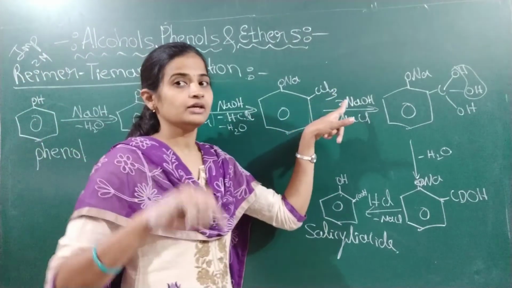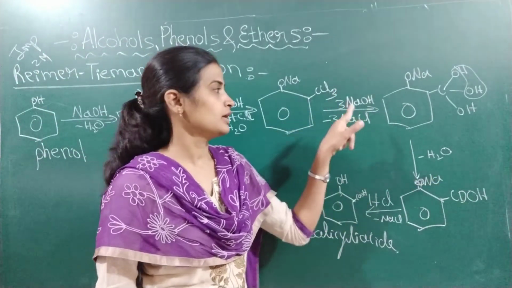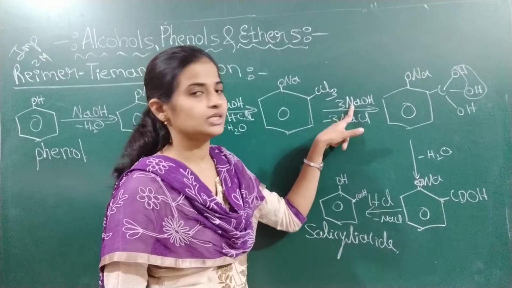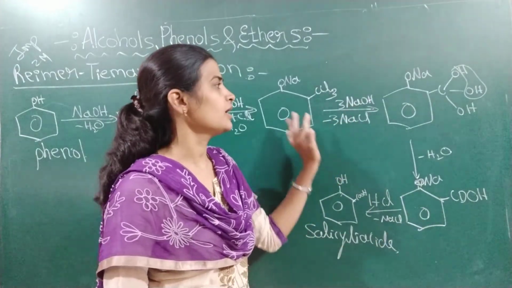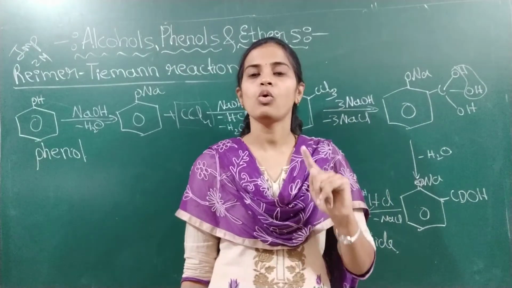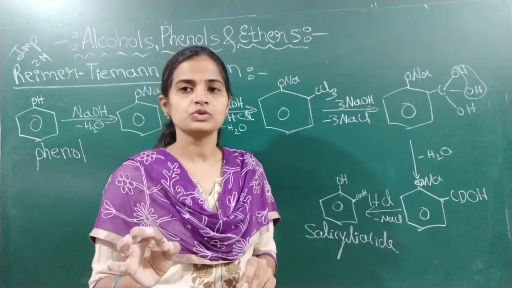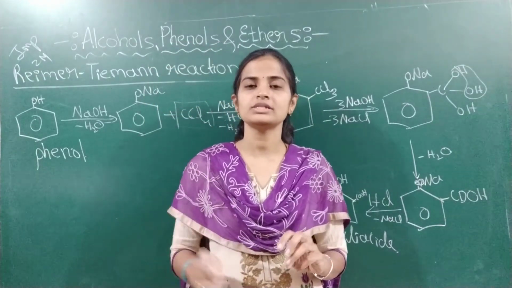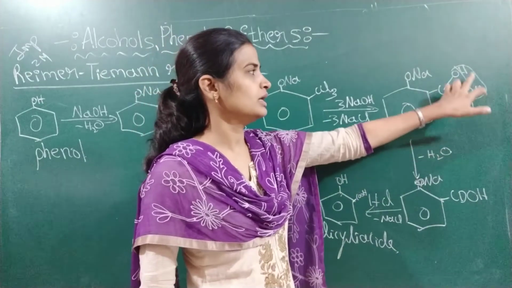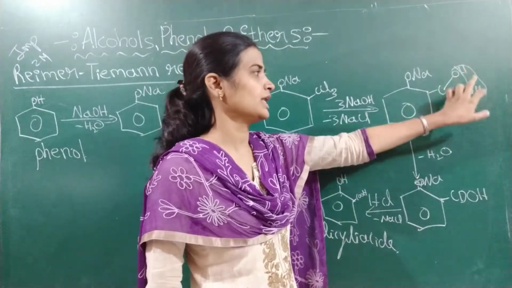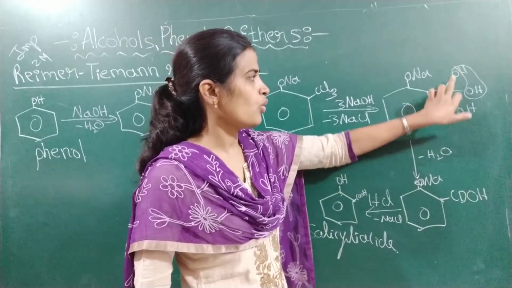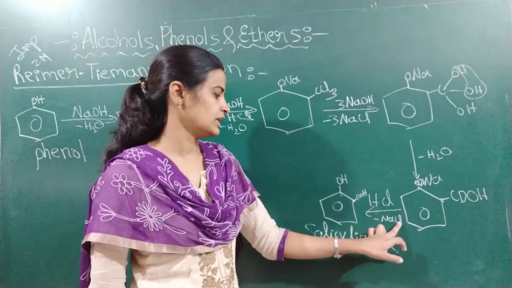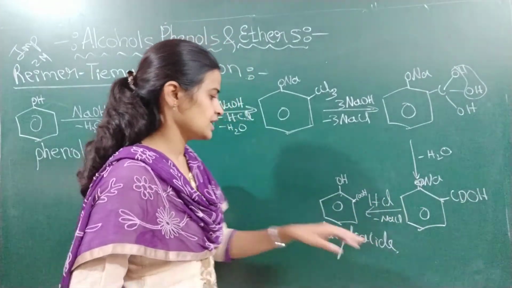Okay. There we wanted 2 hydroxyl groups to remove water. Here we want 3 hydroxyl groups. Therefore, I have added 3 NaOH. Therefore, this Cl3 will react with the 3 Na and 3 NaCl will get eliminated. To a single carbon atom, no 2 hydroxyl groups can be attached. If so, that carbon will not be stable at all. Only one hydroxyl group can be attached to a single carbon atom. Therefore, as it is not stable, water will get eliminated here to form COOH. To remove the sodium, I have used HCl so that NaCl will get eliminated to form a salicylic acid.